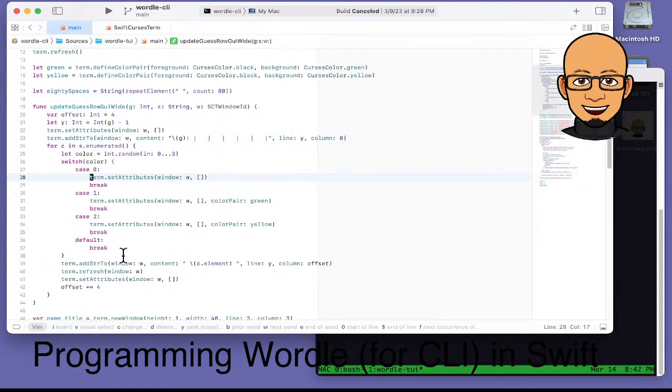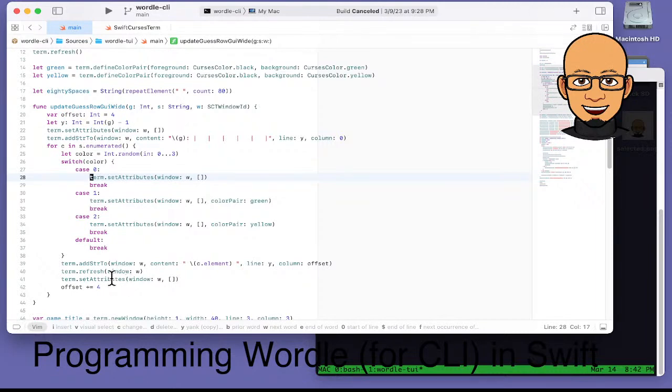I knew that the issue was somehow in the setting of the text attributes. When I'm in this loop where I'm displaying the 5 characters of the guess, I'm somehow not resetting things right,